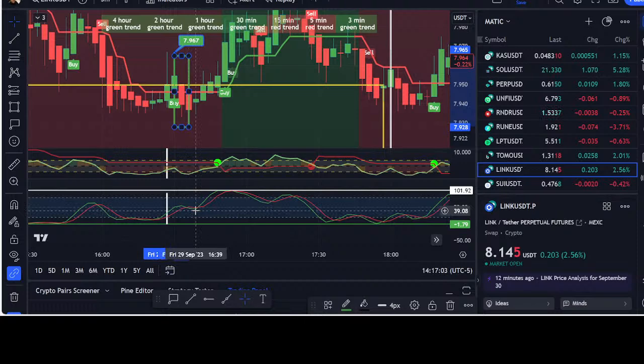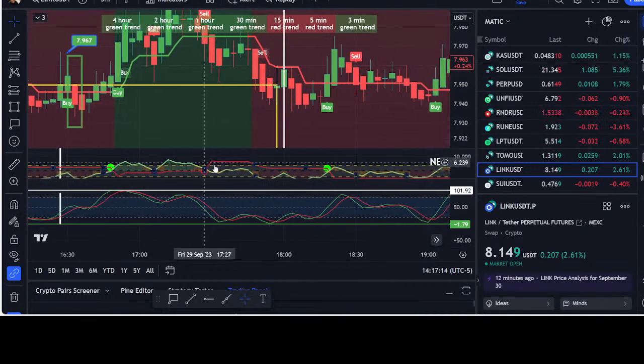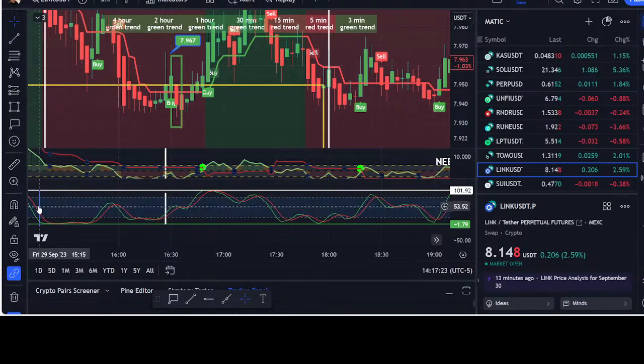You have to wait for a confirmation, which would be what? The 3-minute going back to the top. When that happened, what happened? Green moon, green trend. You're done with that trade. This trade keeps going. The next time that you would enter this trade is where? Red moon, red trend. Right. And at that point, you'd have to go back again and say, okay, when this trade pops up here,